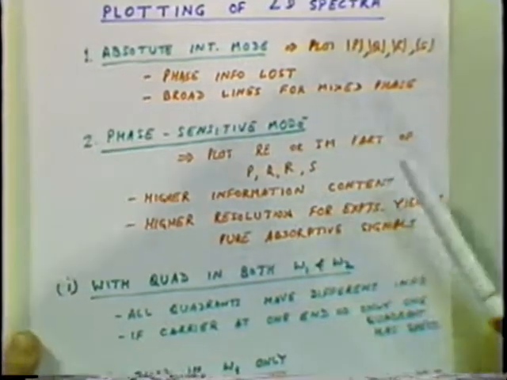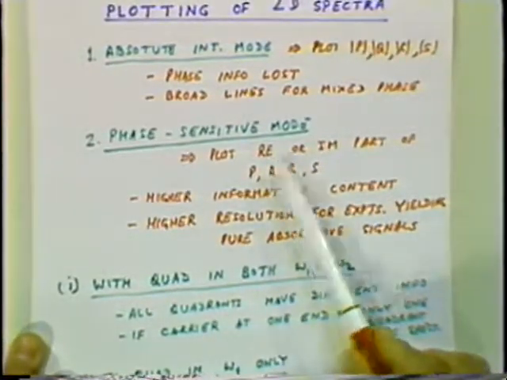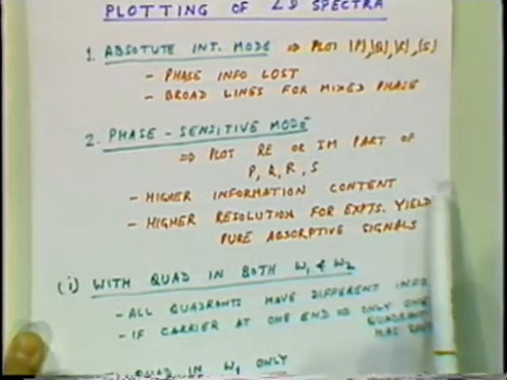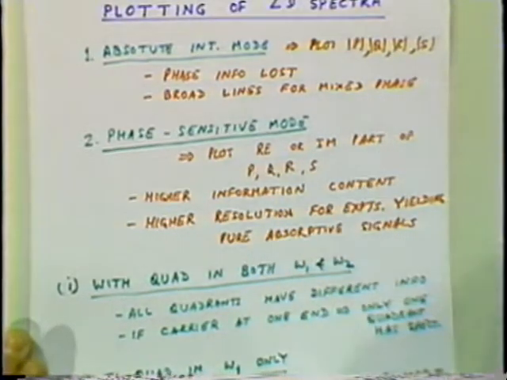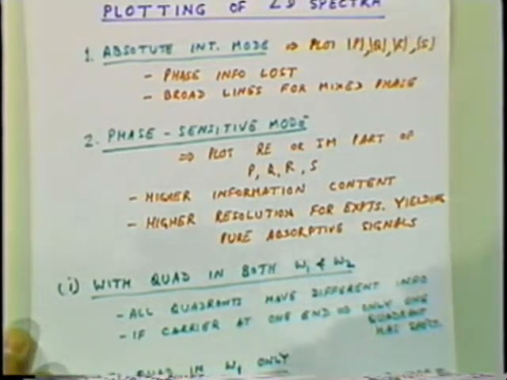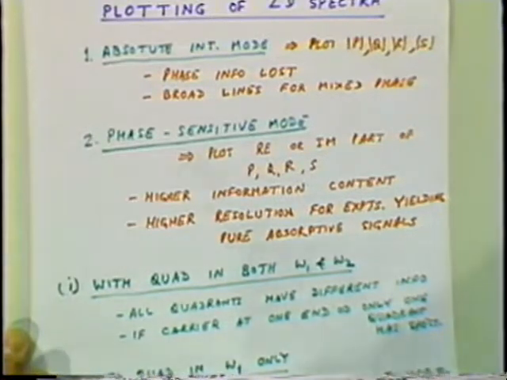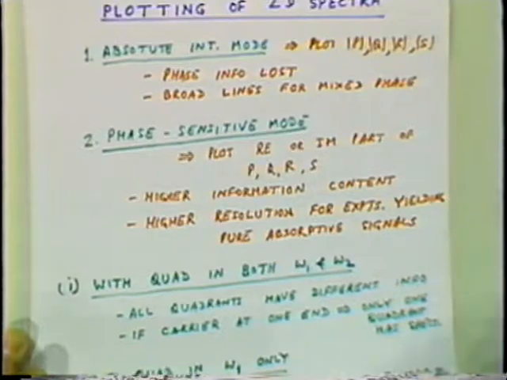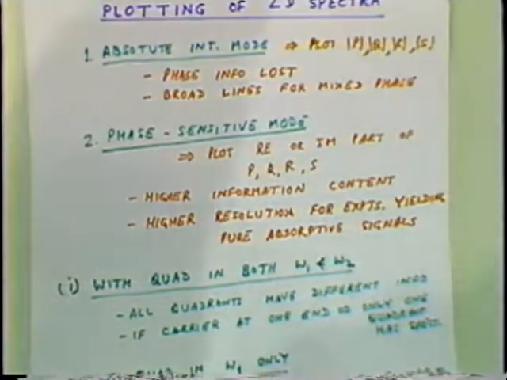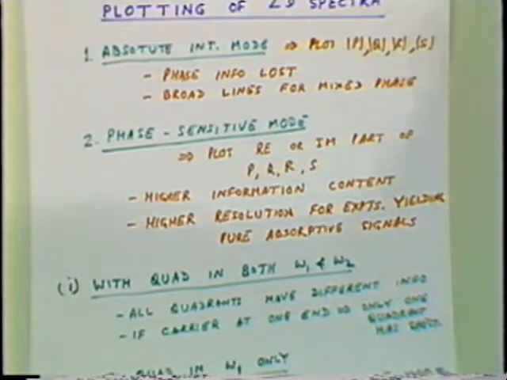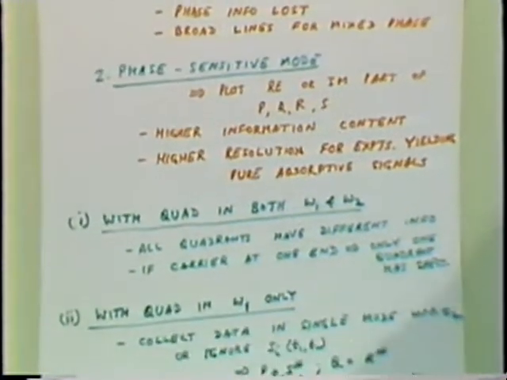You can do a phase sensitive mode and plot either the real or the imaginary part of P, Q, R, S, and depending upon what kind of modulated signal you have, you can get pure absorptive or pure dispersive. The information content is higher because you know whether the line is going to be plus or minus, absorptive or dispersive. These are all equations. We can do it with